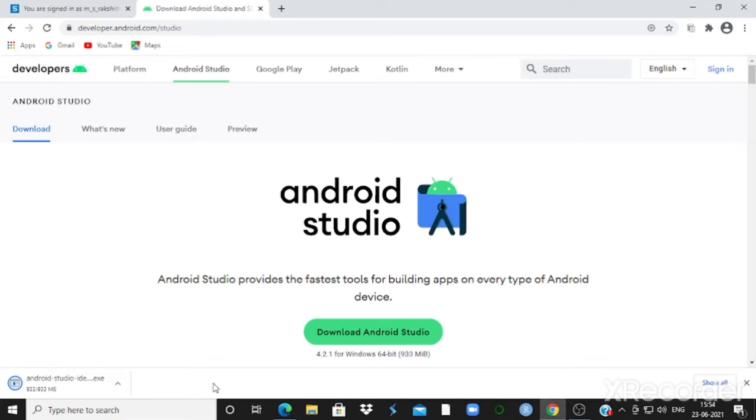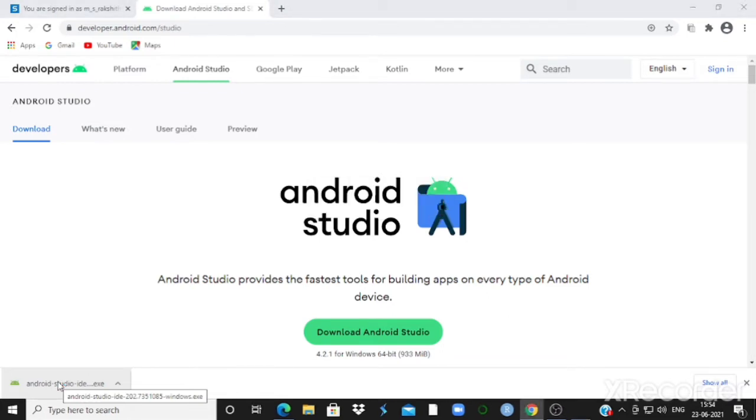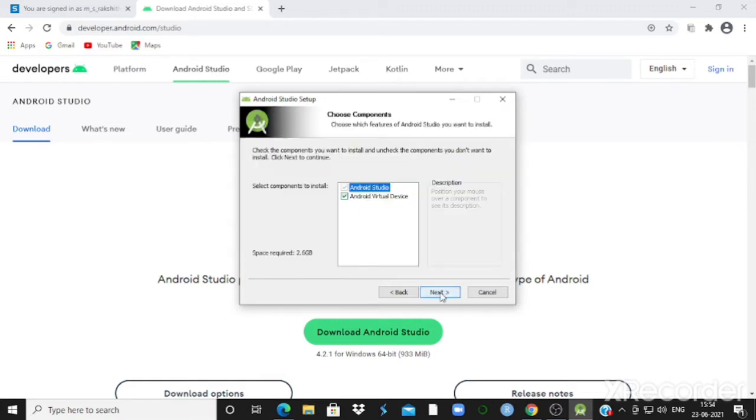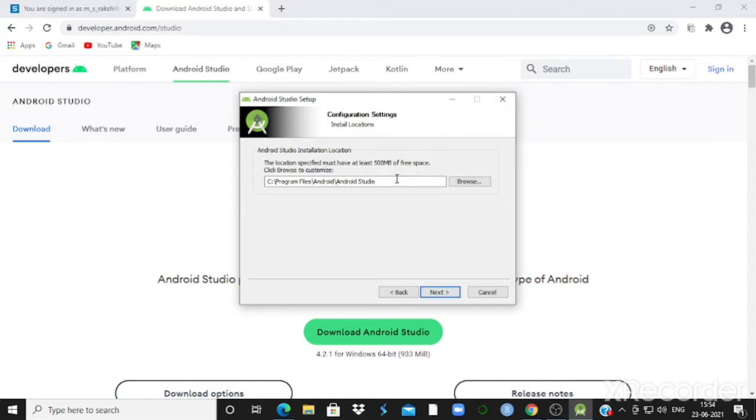Once the download is completed, click on the file. The installation wizard will open. Click on next. If you want to change the installation location path, you can browse and change it.